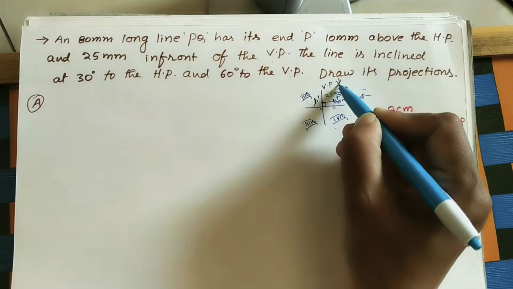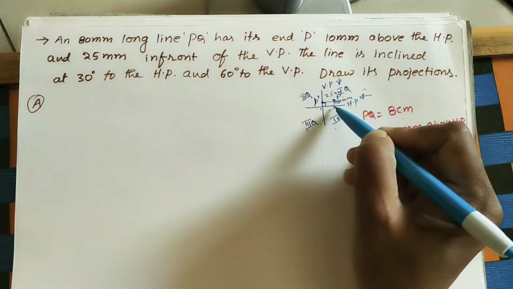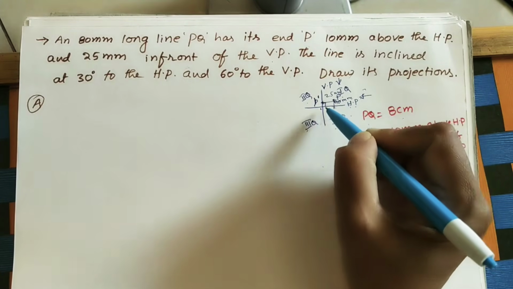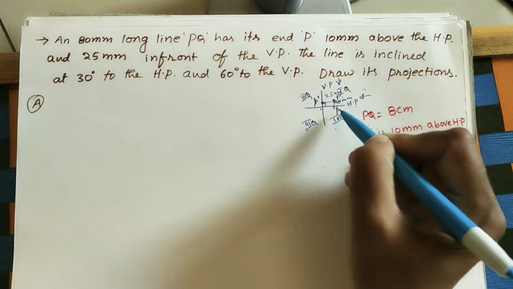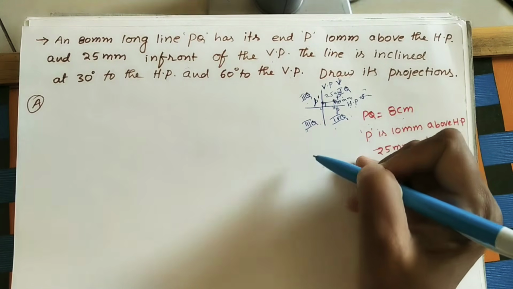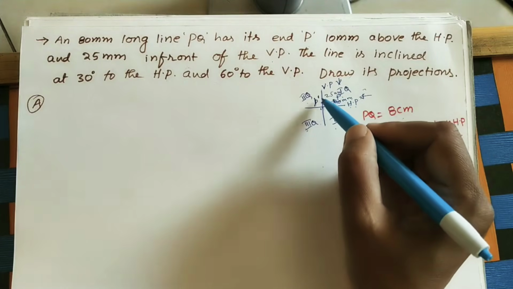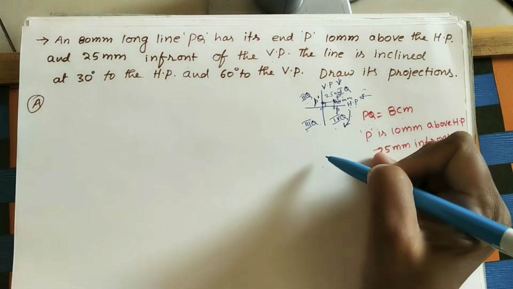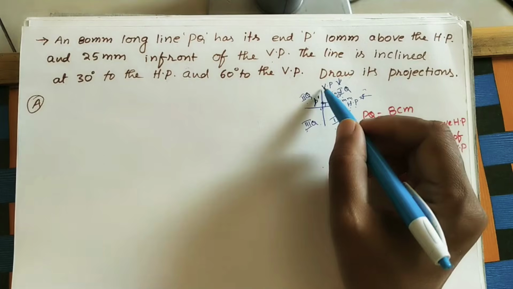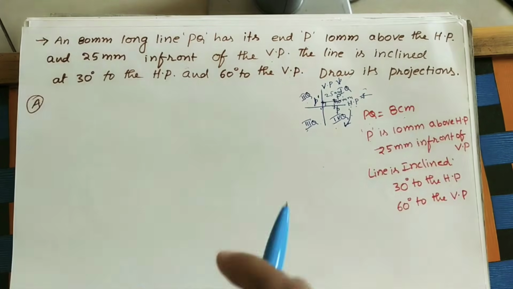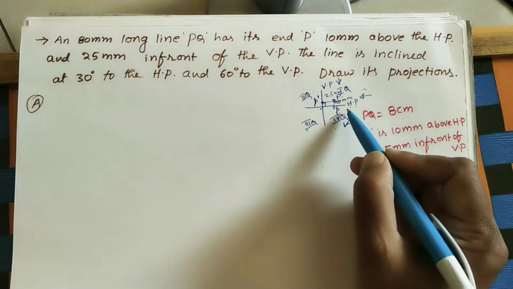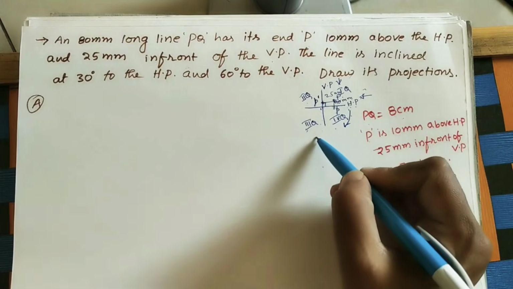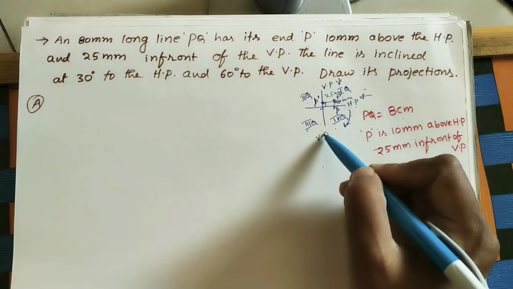And next, the top view. Top view means we have to see this P point from the top. If we see the P point after 25 mm, we can see the top view here, on which plane? The horizontal plane. It is small p. I am giving the front view as P dash and the top view as small p. Now, for taking both the front view and top view on the same plane, we tilt this horizontal plane in the downward direction. In projections of points also I told, for getting both the front view and top view on the same sheet, we tilt this horizontal plane downward. So if you tilt like this, the horizontal plane will coincide with this vertical plane. Because this is an entire vertical plane, the horizontal plane is coinciding with the vertical plane.